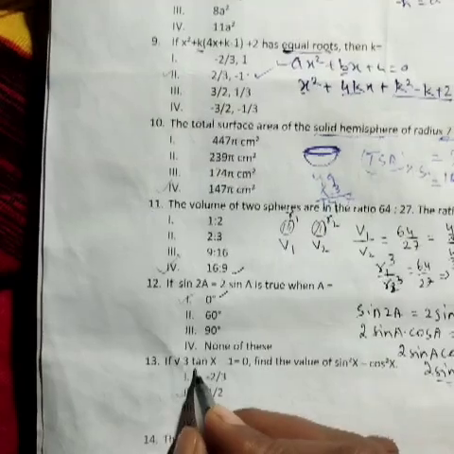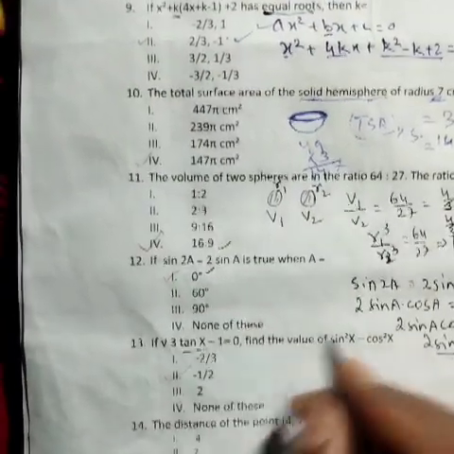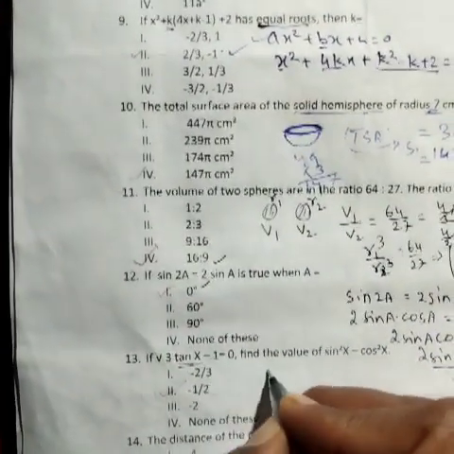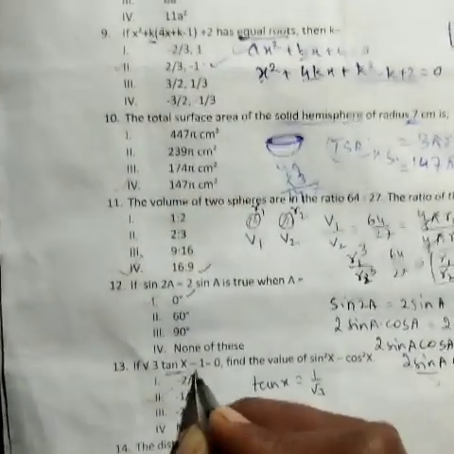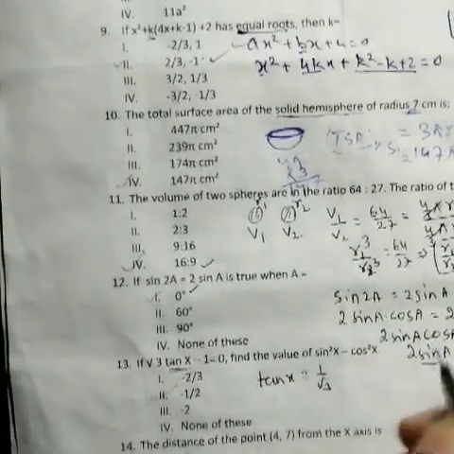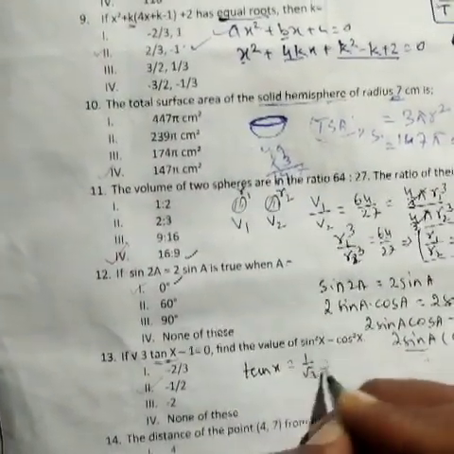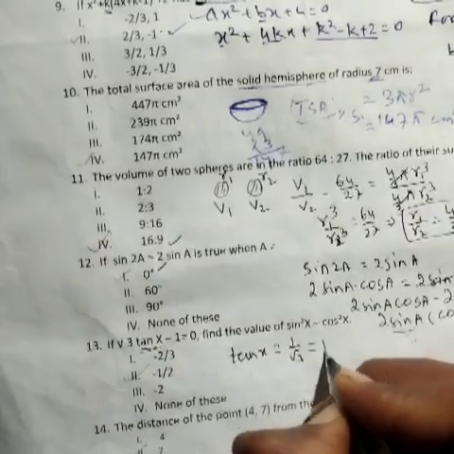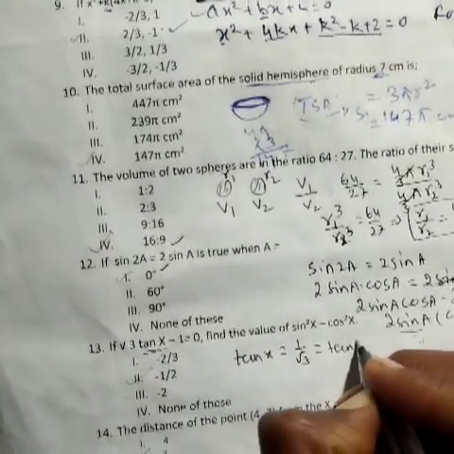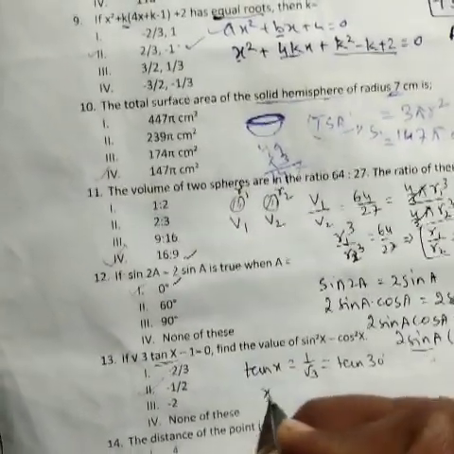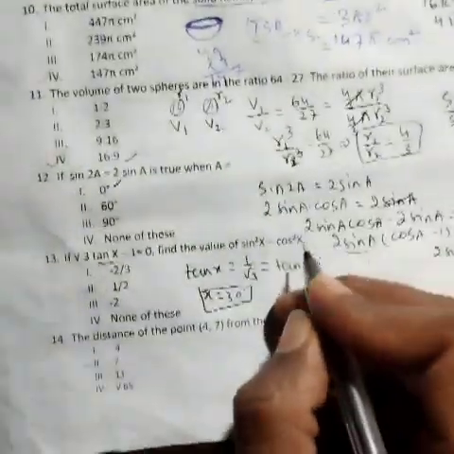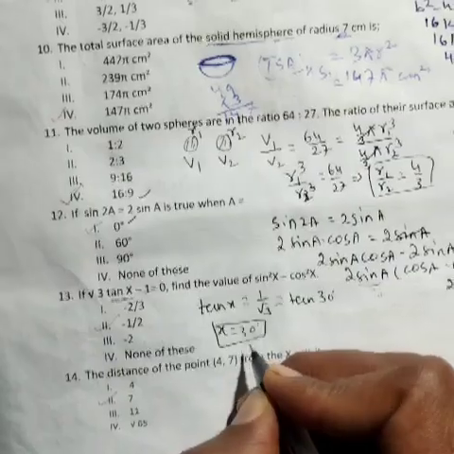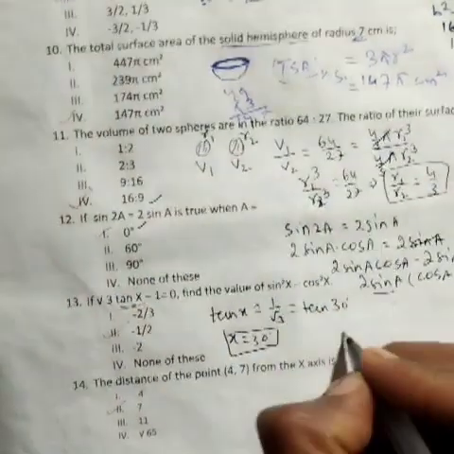First of all, here we find out the value of x. On simplifying we get tan x is equal to 1 by √3. Minus 1 gets transferred to plus 1, and √3 has been multiplied, so it gets divided. The value of tan x is equal to 1 by √3 only when the value of x will be 30 degree. From here we say that the value of x is 30 degree, and now we put the value of x in this equation.